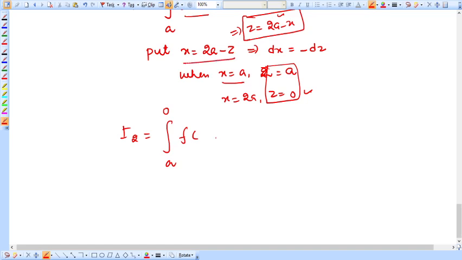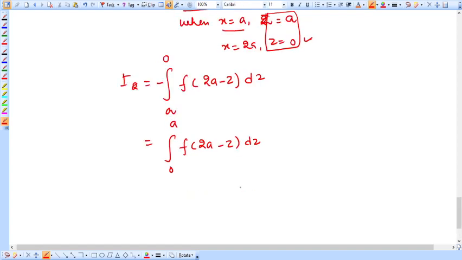इसके इक्वल, राइट, 2a minus z, and what is dz किसके dx किसके इक्वल हो जाएगा? माइनस dz, और माइनस का साइन मैं बाहर लिख रहा हूँ. ओके, so now using property 2 we get minus sign can be consumed, and minus sign can be consumed by reversing the limit 0 to a f of 2a minus z dz.